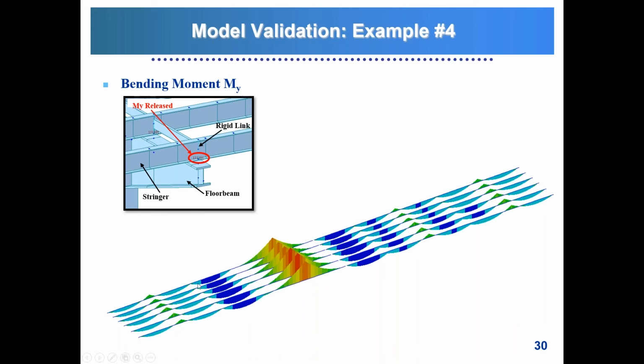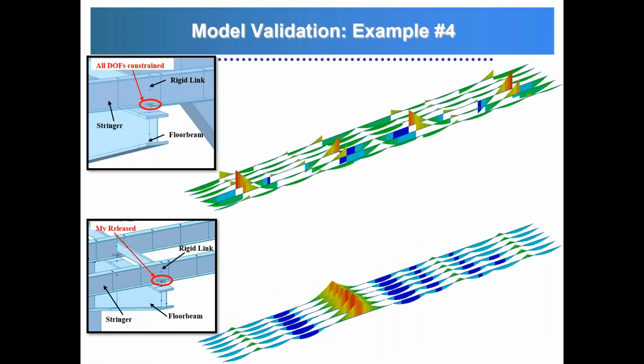So you'll see your peak negative moments at the floor beam locations, and then a positive moment between the floor beams. So again, just comparing the huge difference, something as simple as one release in a rigid link can have a big impact